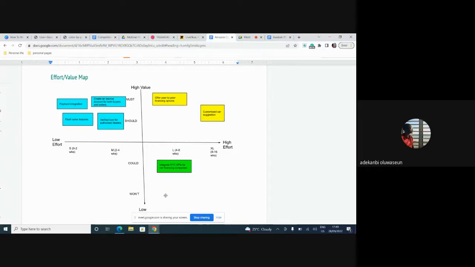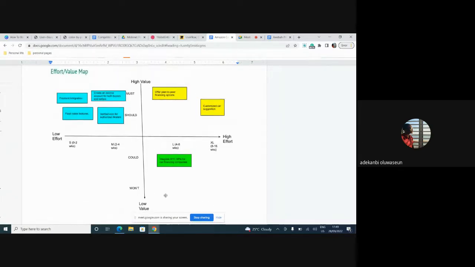Beautiful, beautiful. Because why would this thing give me low value and stress me the most? You don't want to build a feature that will stress you and is still not valuable to the customer. So if I'm talking to my team, my stakeholders during our stand-up, and I tell them we are building this, and they ask me why, I'm telling them that's based on these principles. I'm not saying, oh, I feel we should do this, or I think this one should be. No, you want to show them, you want to prove it. And this is the way product management works. You are very logical, you factor in all the variables.